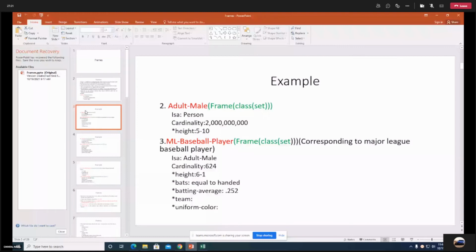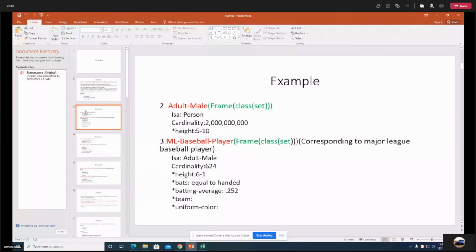Same for the ML baseball player. Regular attributes are is A and cardinality. The rest of the attributes are marked with an asterisk. That means each element of this class ML baseball player must inherit these attributes: height, bats, batting average, team, uniform color.